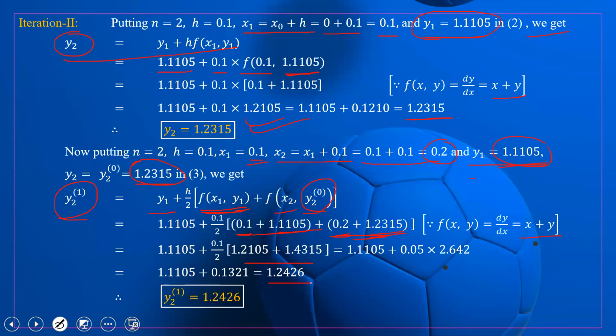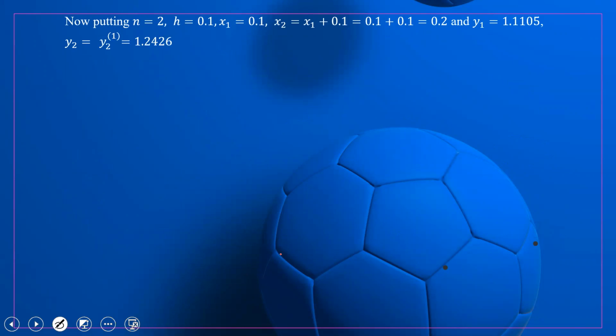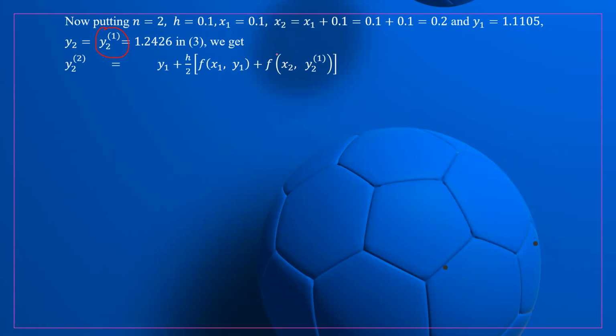Now what is our aim? Our aim is to find out the constant value of y2 by using the next iteration. So let us take another iteration. We put n is equal to same thing. The value of only y2 will be changed. Y2 1 we will put over here. The rest of the things are similar. Nothing will change. So y2 2 is equal to, this will be same. All this term will be same.